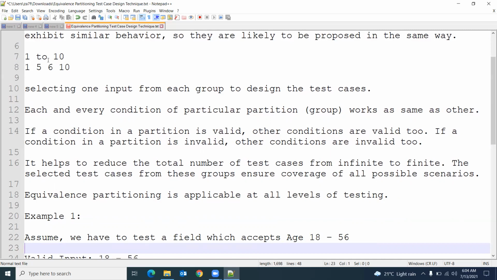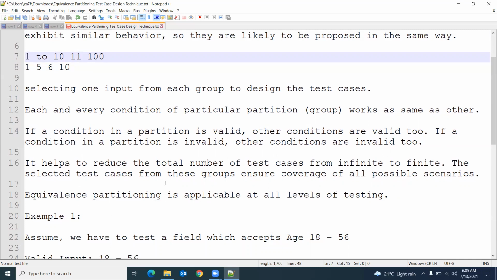Means now you are taking 11 to 100. If you take any value, that should be invalid. If you are taking 1 to 10, those values must be valid, like that. It helps to reduce the total number of test cases from infinite to finite.